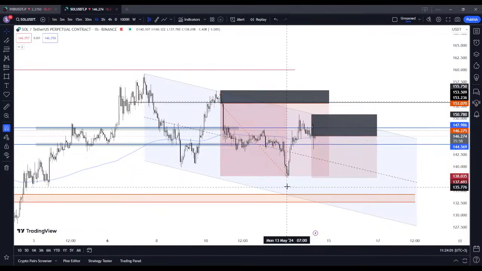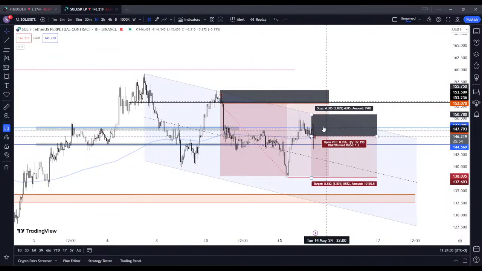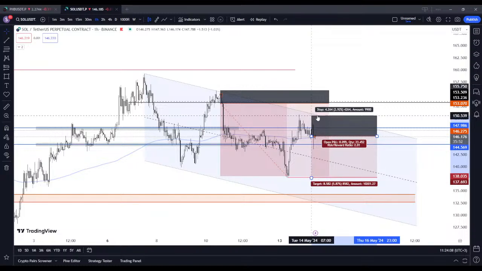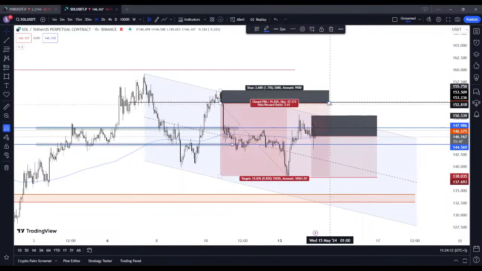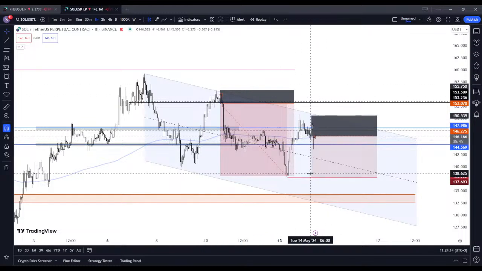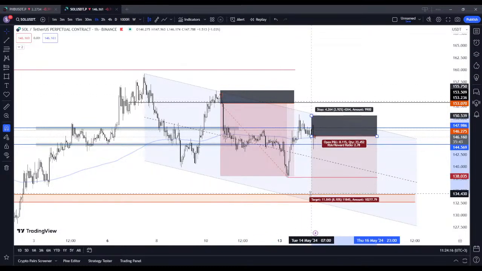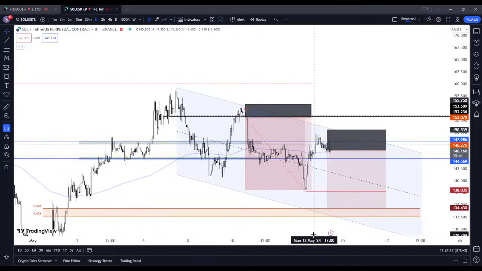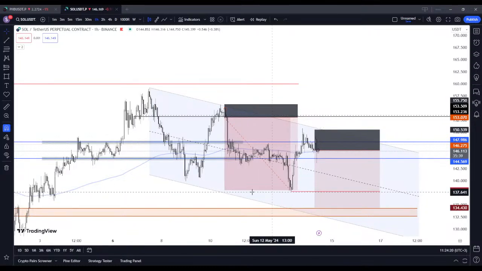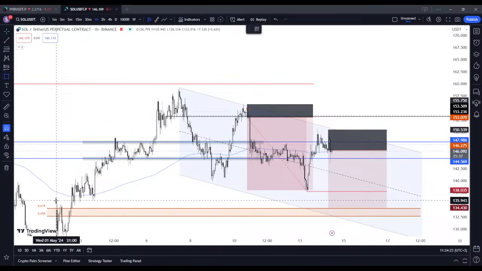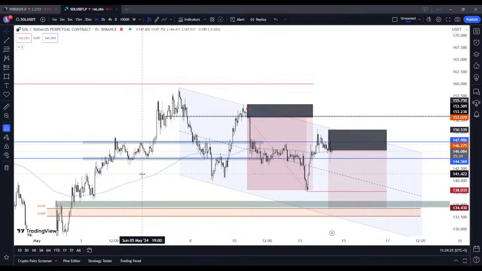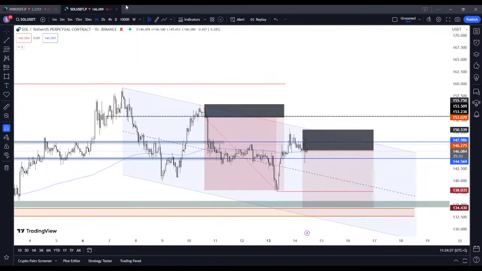Even at the swing, at the draw of liquidity, at the sweep of this low, you can make it a TUR. I'm already short. If you don't have a short, you can take this one. Into the 61.8, you have a 2.7 R. You see this S&R area, it's a good area for a retest.